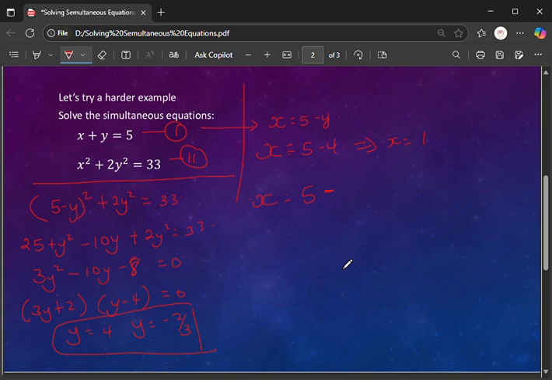Y is 4, okay, and then this one will be because y is negative, so this will be like that, because this is negative. So we have 5 plus 2 over 3,